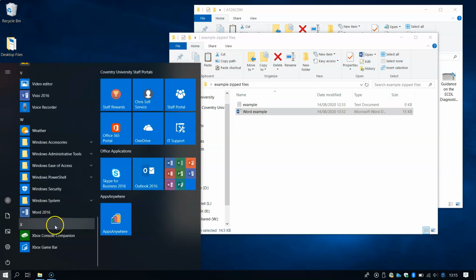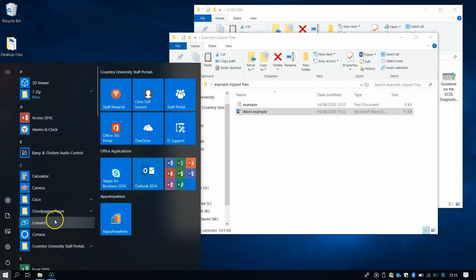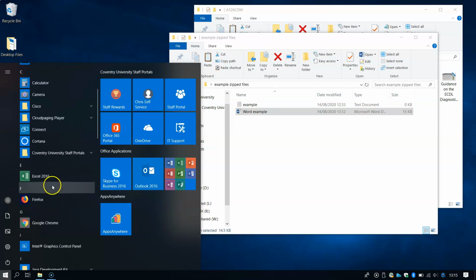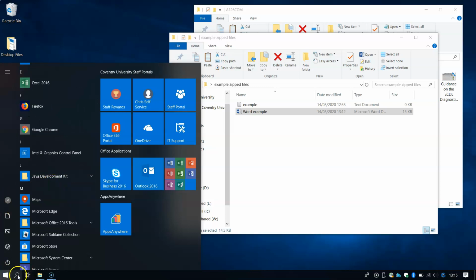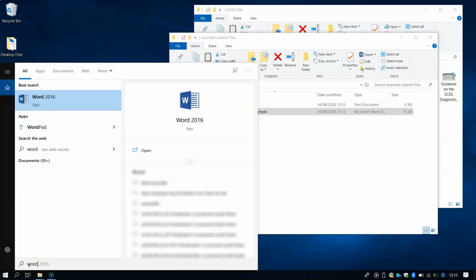I think I've taken mine off, but you will highly likely find it available to you if you have a scout around. It should be there too. So I'm going to click WordPad,